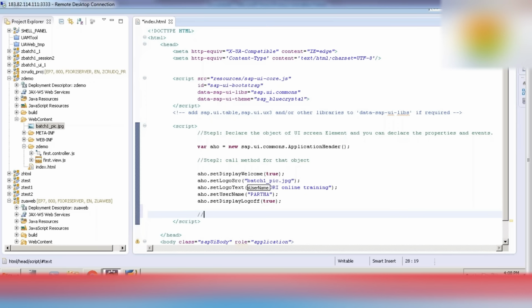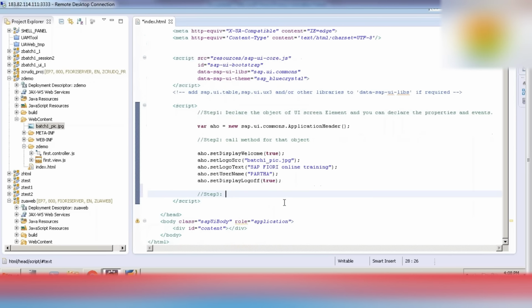And in step 3, in the first and second steps we declared our UI5 screen element object. Now it's time to place that screen element on some HTML content area.